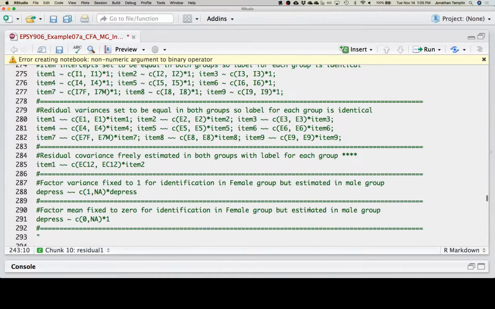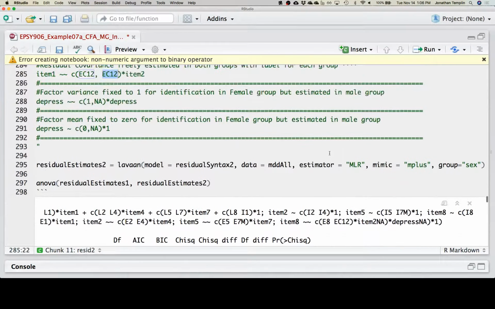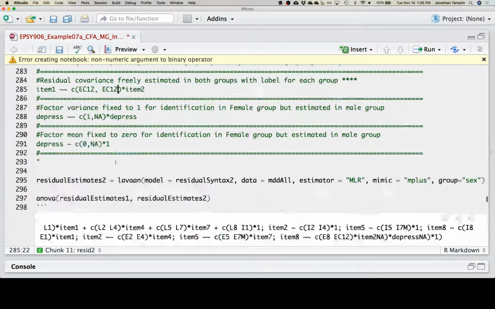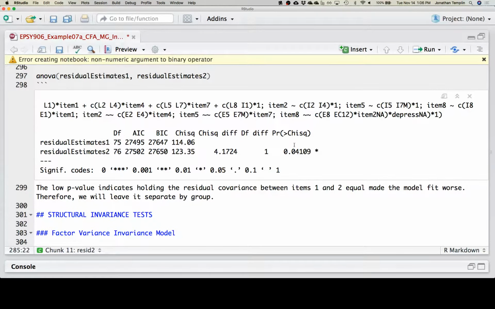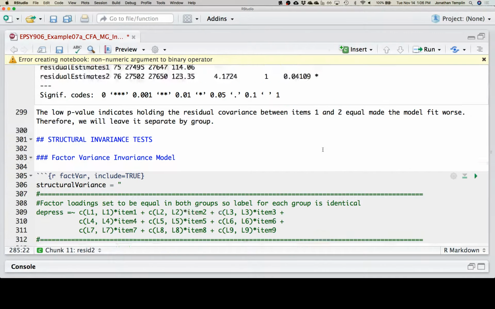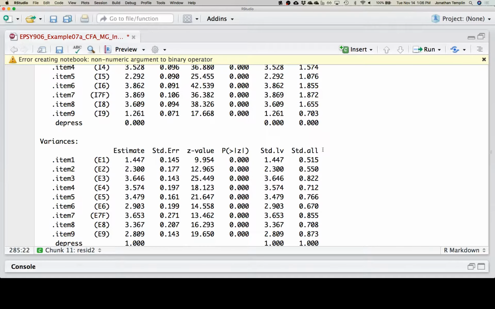Next, let's take a look at the residual covariance. We're going to equate it to be equal across groups. We're going to take a look at this. Oh, there's a small p-value. Okay. Disappointed. That's okay. We'll just change that so that we'll say, you know what? We're going to leave it separate by group. So ultimately, when we're done with this step, when we do our next model comparison, we're going to compare the previous model where we have all the residual variances equal except for item 7, and then the residual covariance unequal. Mayumi.